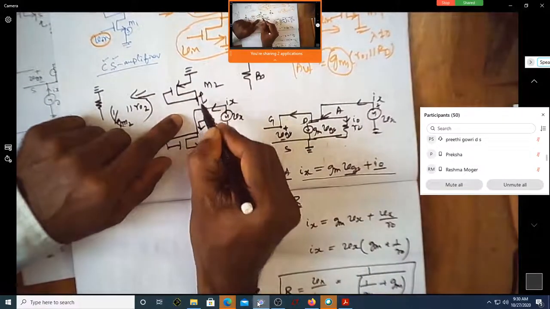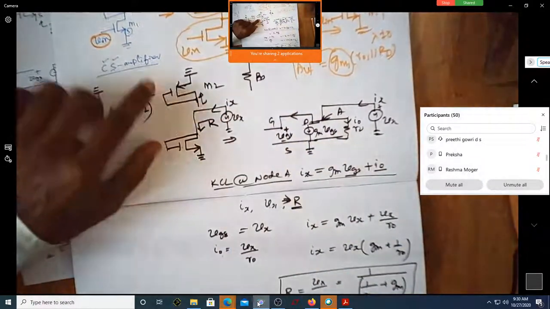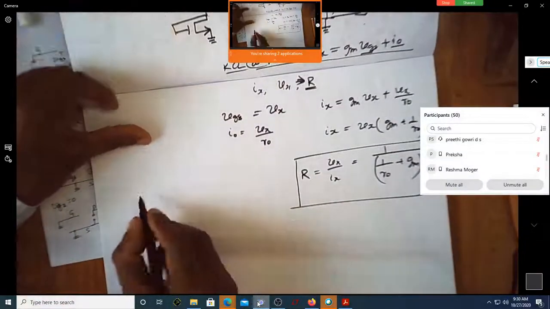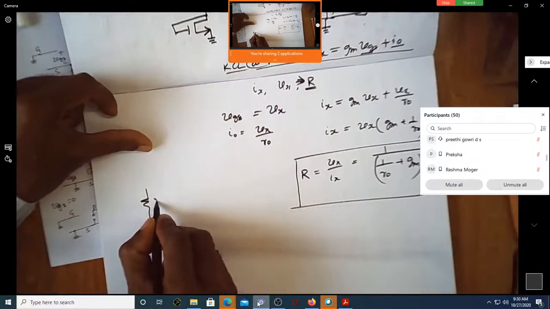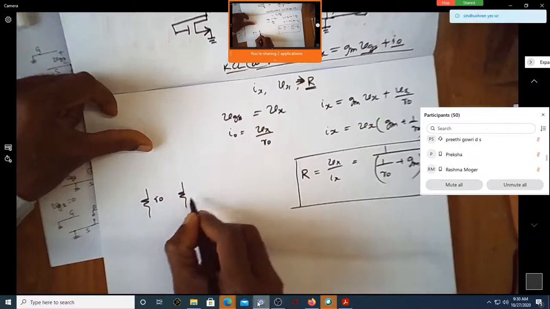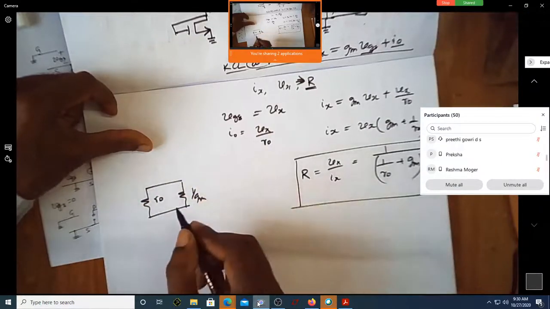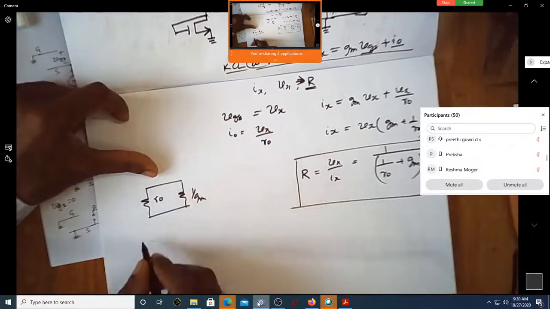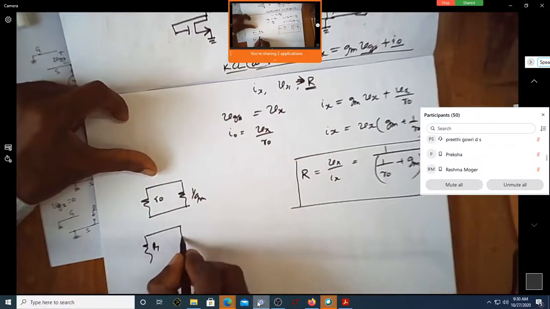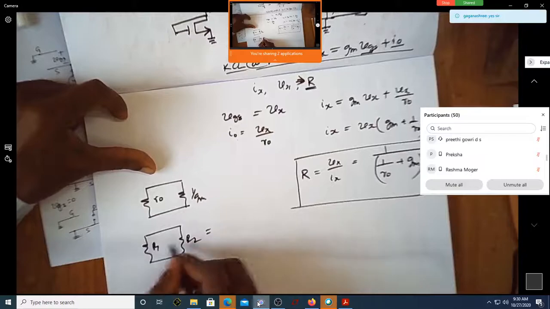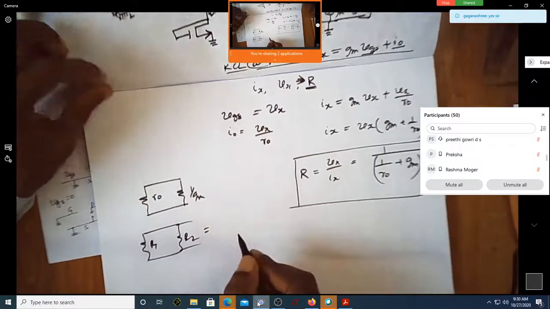You can see drain and gate are shorted. You are looking towards the drain. Now assume that you have a resistance R0. You have another resistance 1 over gm. Let me try to find its equivalent resistance. Assume that you have R1 and you have R2. Shall I write this parallel combination as